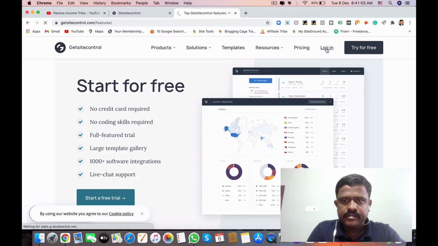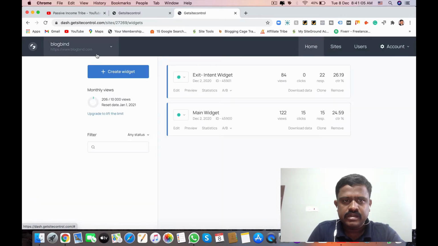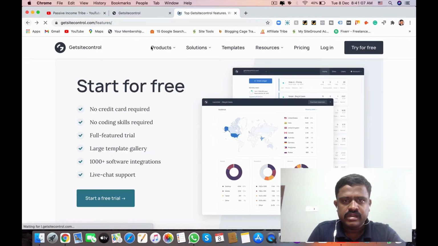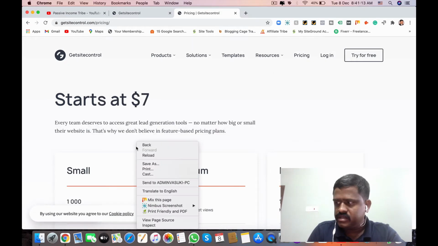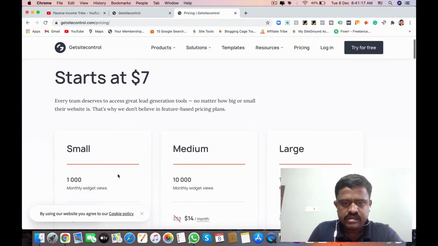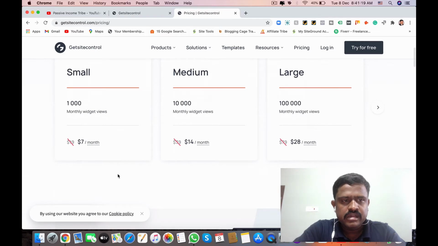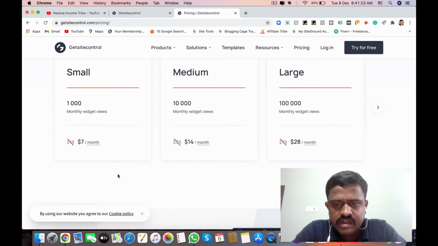The next point is pricing details. They have three types of plans: $7, $14, and $28.